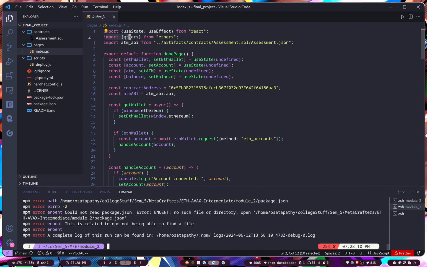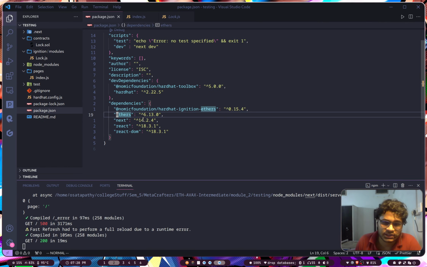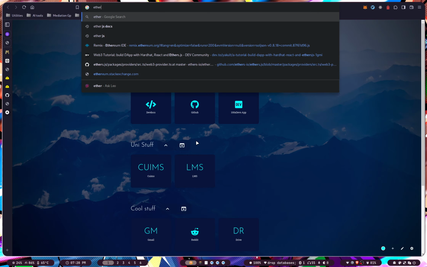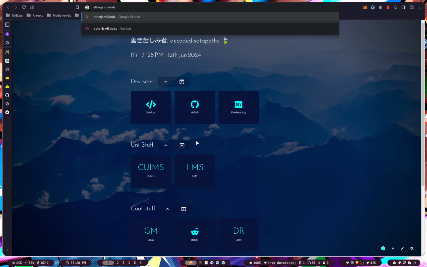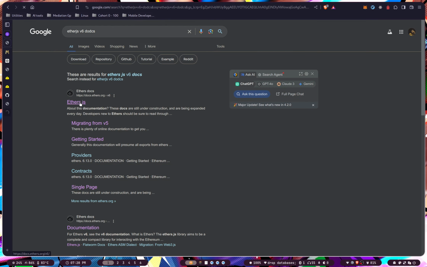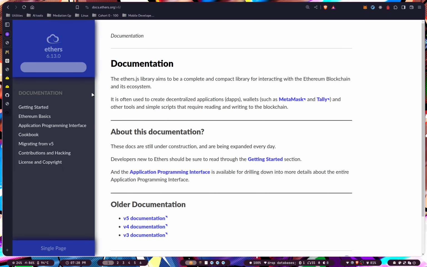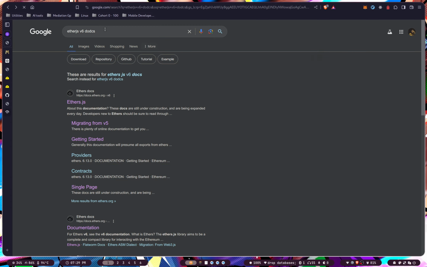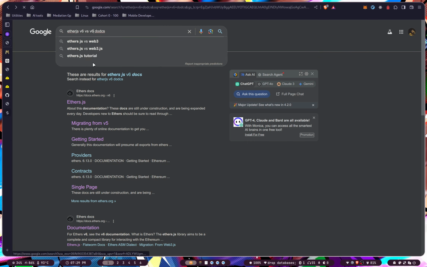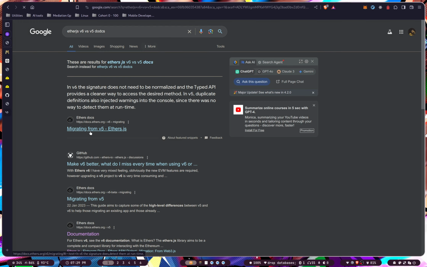There is some problem with this particular code given by Metacrafters. So basically, the conclusion is that ethers.js has been upgraded to version 6 from version 5, and in the code given by Metacrafters, they were still using many functions that were meant for version 5, not version 6 of ethers.js. Because if you see the ethers.js v6 docs, and if we try to compare them, v6 versus v5, migrating from v5,